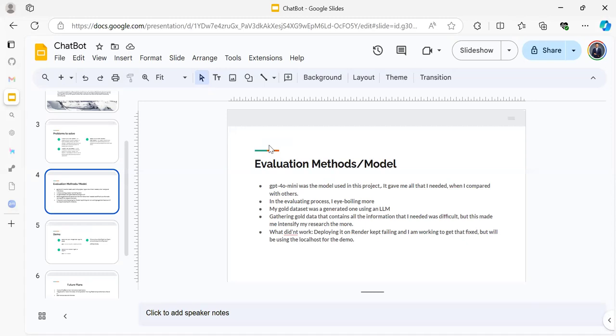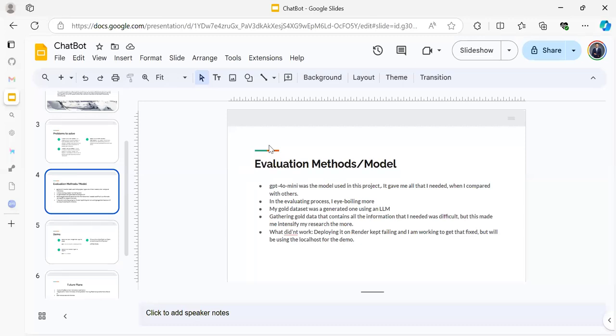Most of what I did in my evaluation process was more of eyeballing, because I had to look at so many documents to know that if the user puts in this query, the response that is coming in is something relevant. Is it something that gives the user great information?